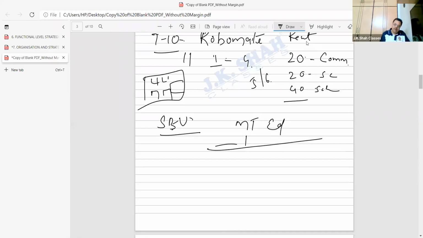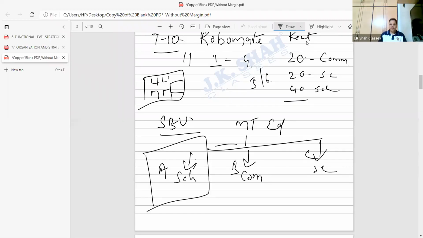They had come on what? A school, they had a commerce, they had a science division. In school, they have CBSE. Many divisions were there. So rather what they do, they club all the divisions into one group and give their entire group, suppose, to a person, Mr. A, Mr. B, Mr. C, and tell them, you be in charge of all the school department.